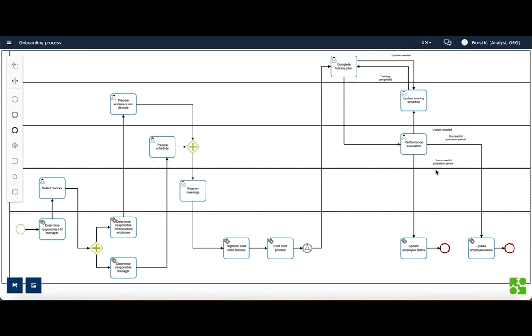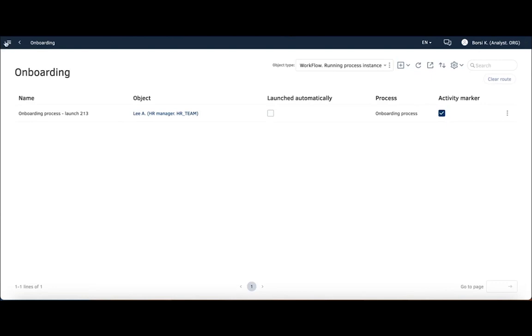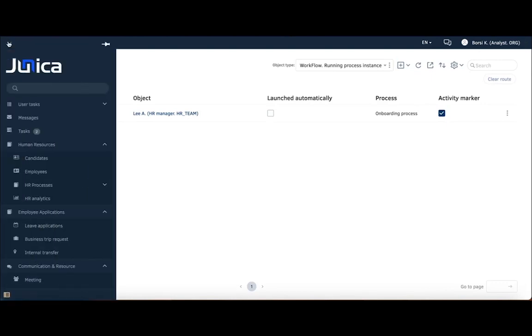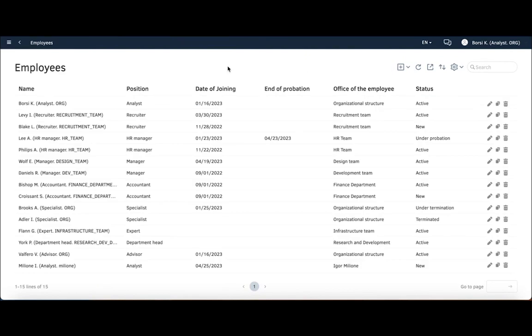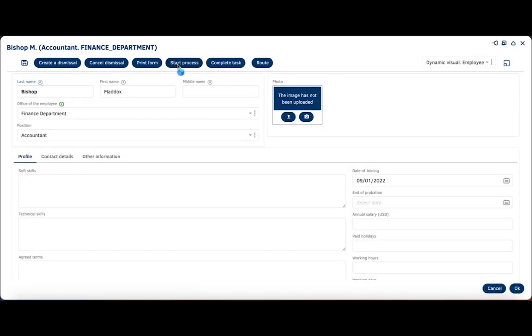After the performance evaluation is finished, we update the status of the onboarded employee. You can see the list of onboarding processes on a dedicated registry. This can be found in the menu under the HR processes and onboarding. To start a new onboarding process, you need to come to the employee registry, pick the proper employee, click on Start Process,